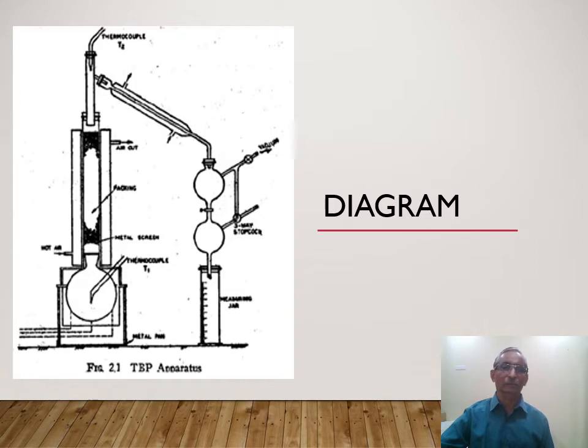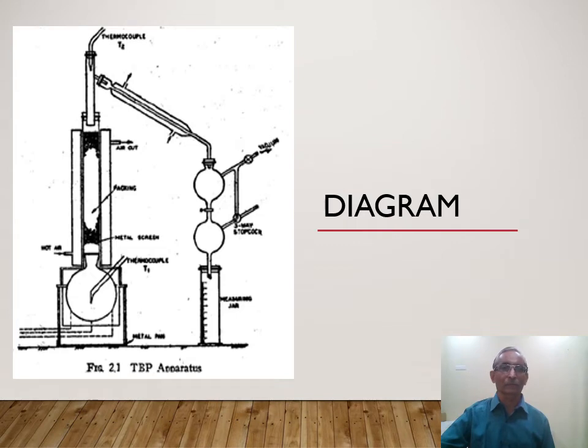Another important point to note when you operate this experiment is the temperature of the sample connected to this flask, which is thermometer T1, and thermometer T2. Try to maintain both at the same temperature, T2 equal to T1. Only then is it possible to get the vapors enriched. Otherwise, fractions from another fraction will be present. If you are separating out petrol, there will be mixing of the heavier fraction.